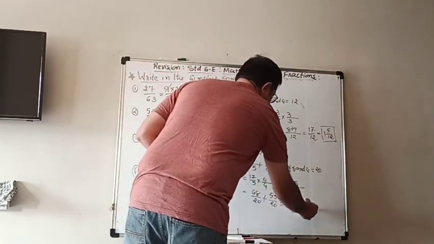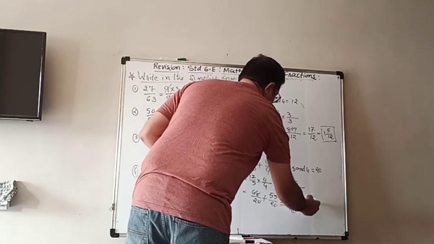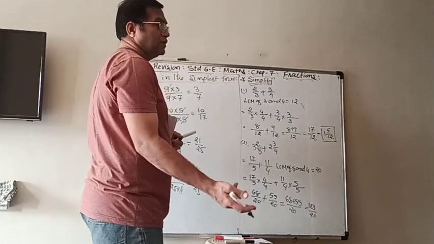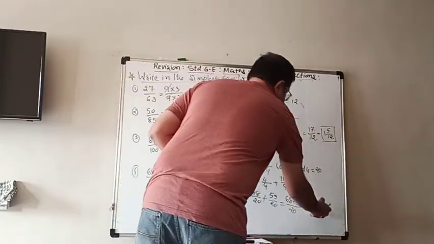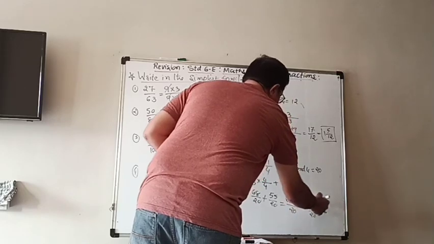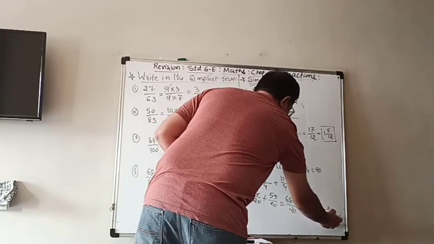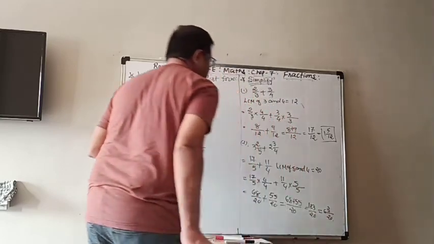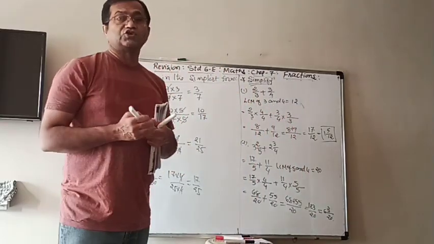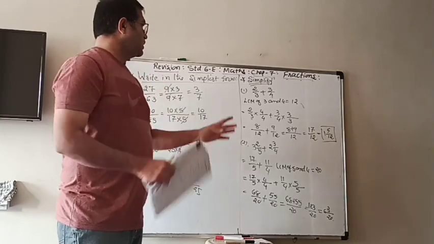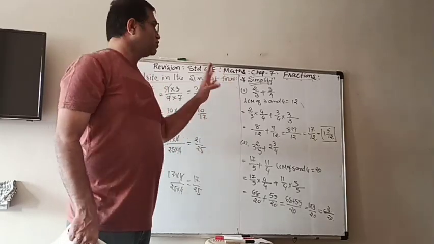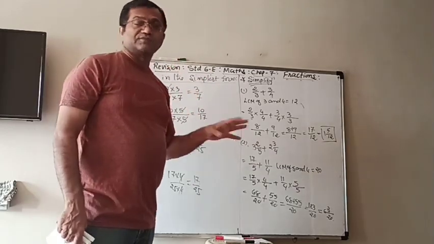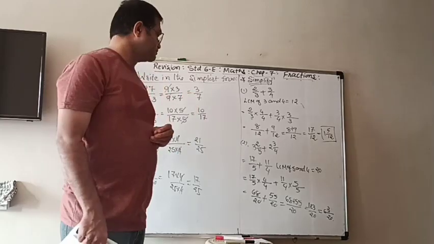So now with a common denominator, add the numerators only. 68 plus 55, 123 upon 20. Now it is an improper fraction. 6 20s are 120. And 6 integer 3 upon 20. So this way you can do the simplification. If there is a subtraction also, you can do the same thing here.